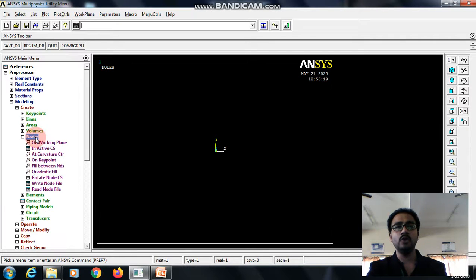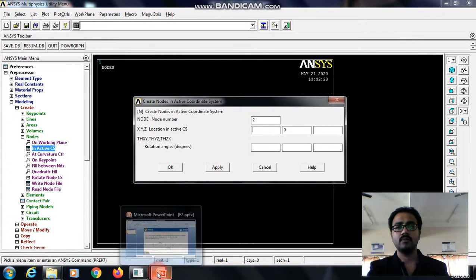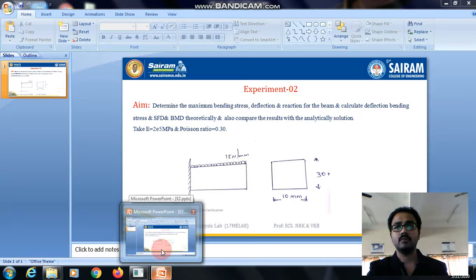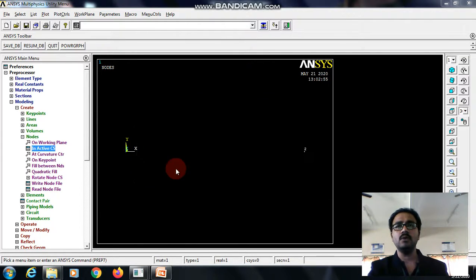Let me create nodes in active coordinate system. For node 1, the coordinates are 0, 0, give apply. For node 2, the coordinates are 210, 0, give OK.